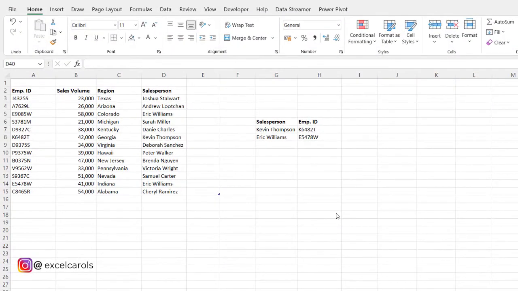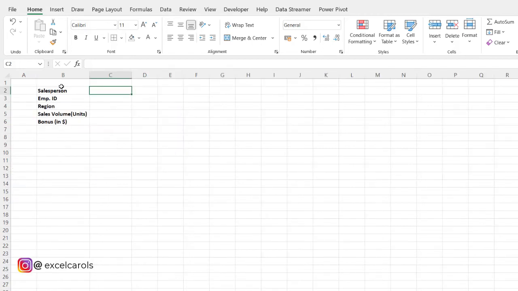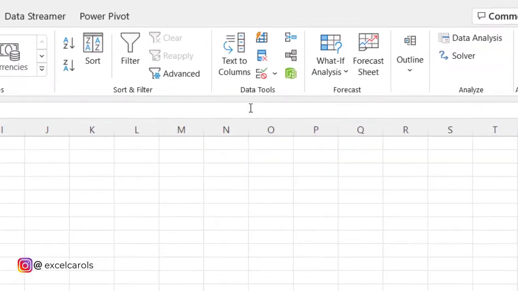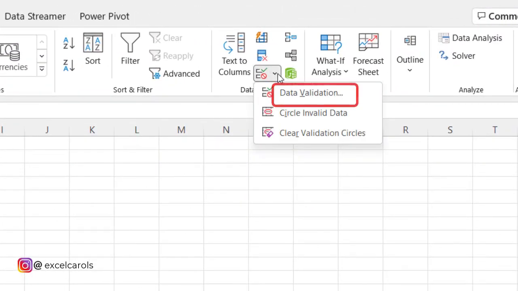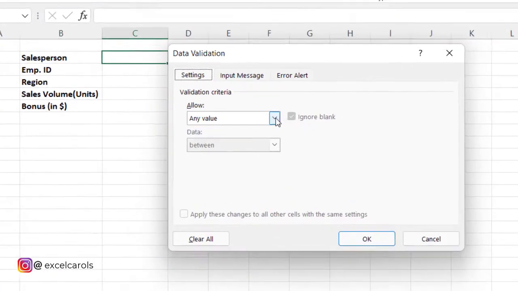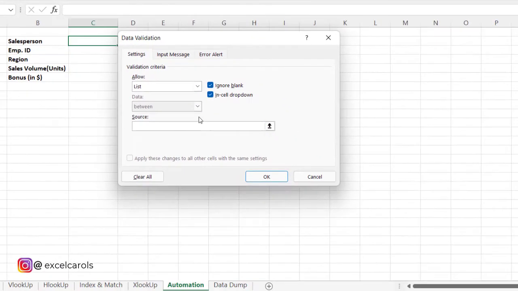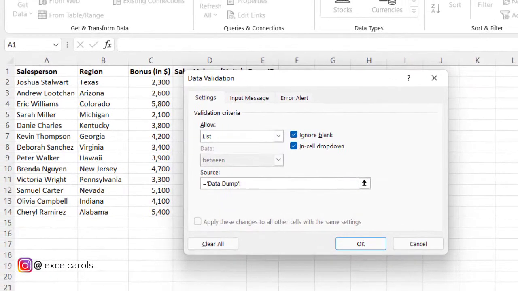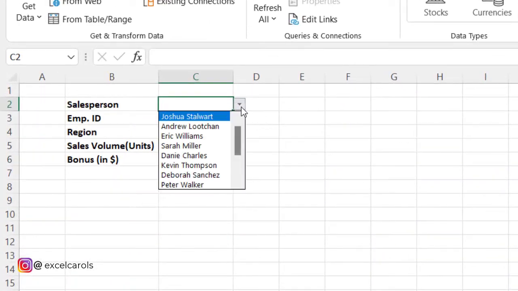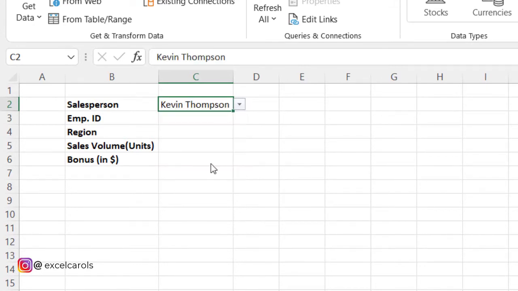Now that we are familiar with lookup functions and the index and match function, let's try to do some automation. We will have to use little bit of data validation here. We have the fields available and we will enter values in these one by one. For salesperson, go to data tab, select data validation from the data tools section, click on the drop down arrow here, select list, enter the source, that is the list of salesperson available in the other sheet, press OK, and we have all the salesperson available here. Let's select one of them.